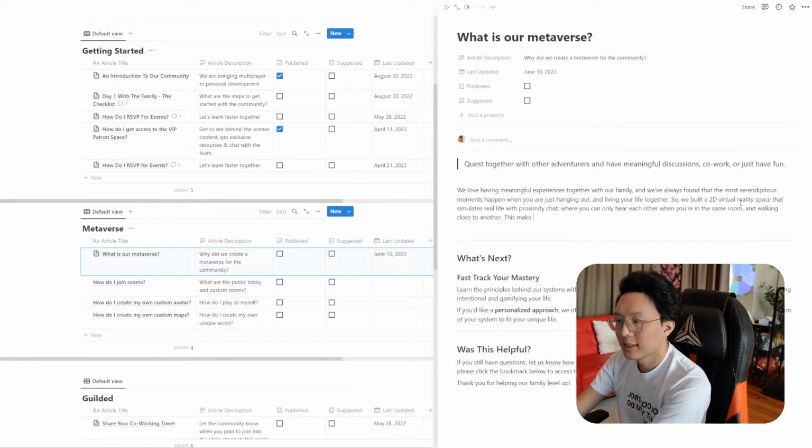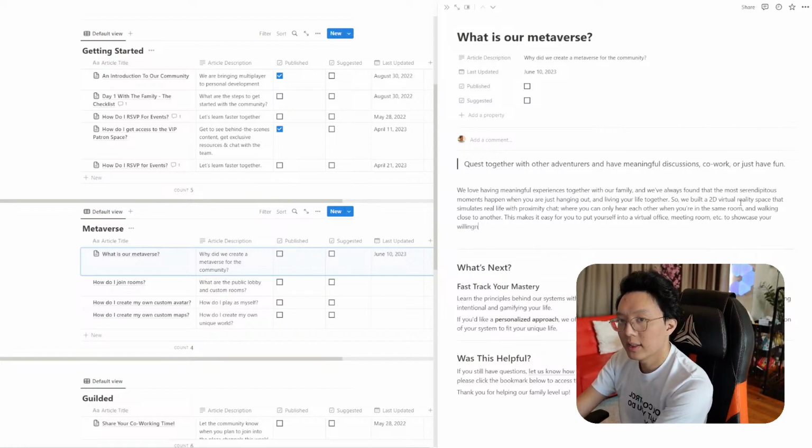This makes it easy for you to put yourself into a virtual kind of office, meeting room, etc., to showcase your willingness and opportunity to engage in a meaningful, serendipitous